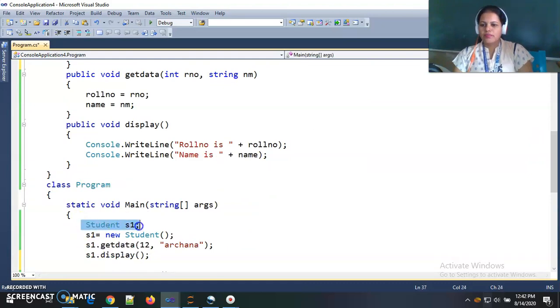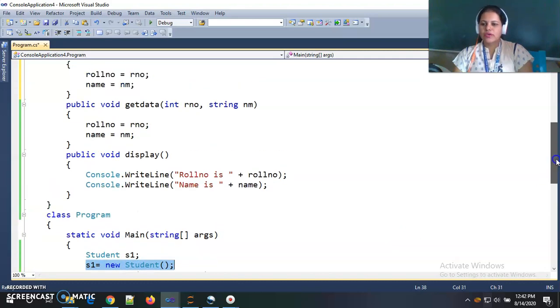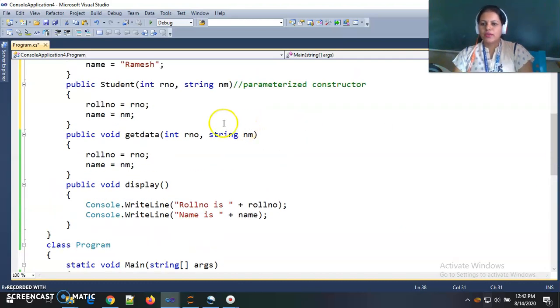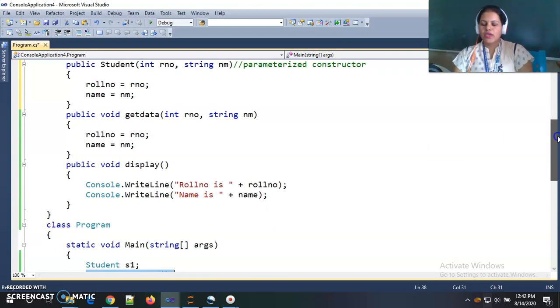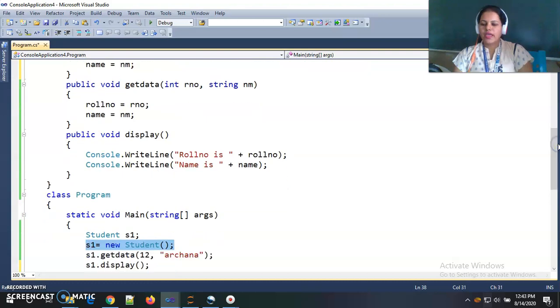Here I am declaring one S1 object of student type and instantiating it. Here I am not passing any argument. So my S1 gets the values, or initializes the values, from the default constructor. Means inside the default constructor there are values 100 and Ramesh.